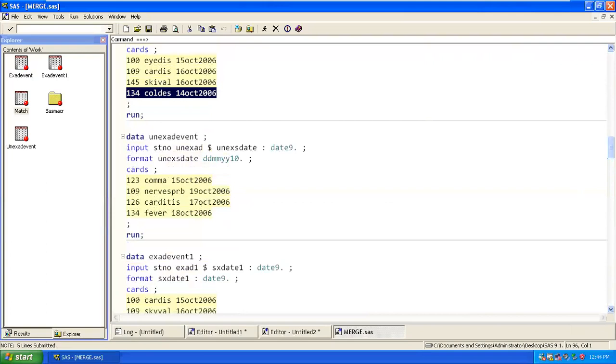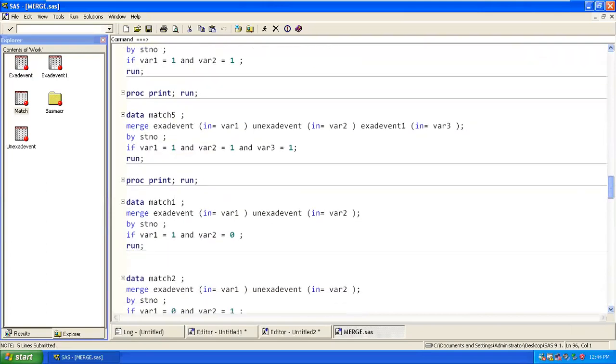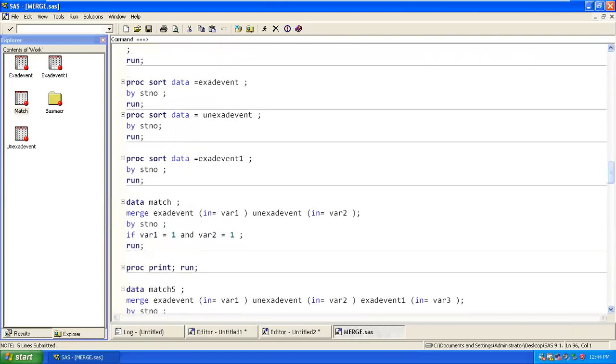Got it? Yes. So same thing, we have a different query.